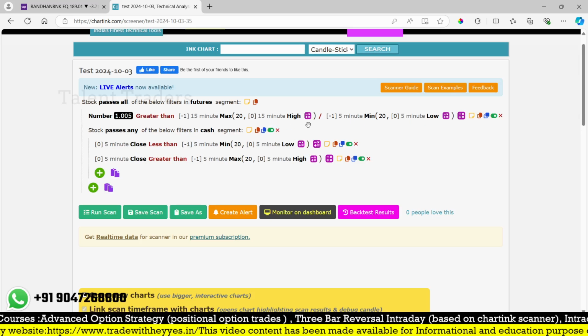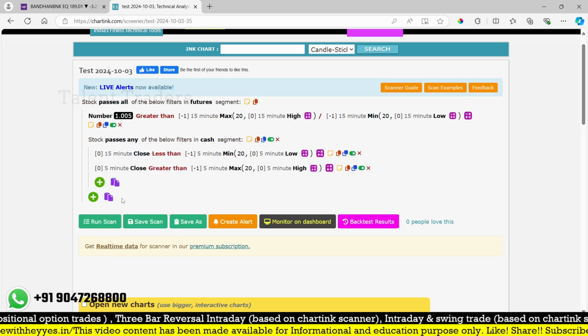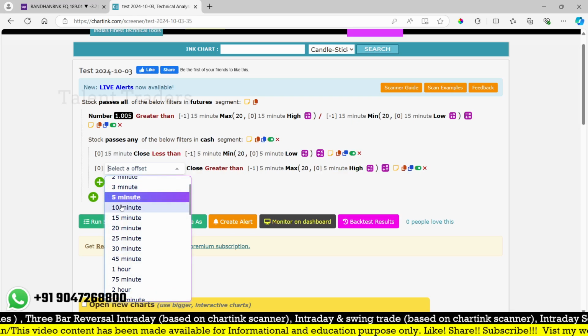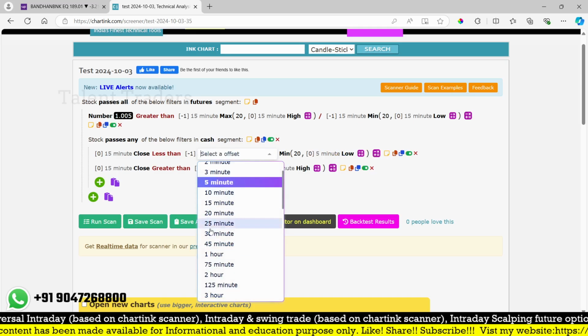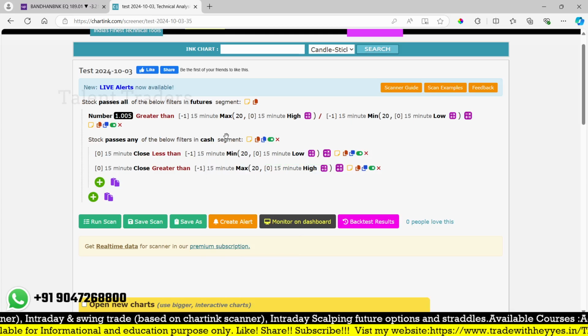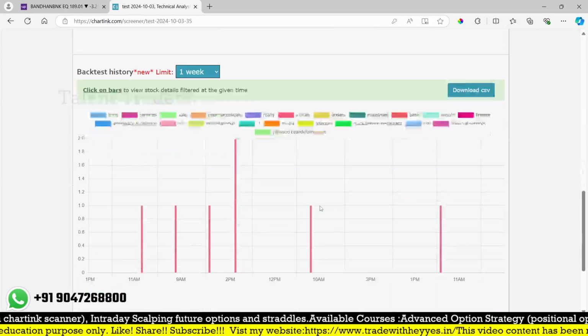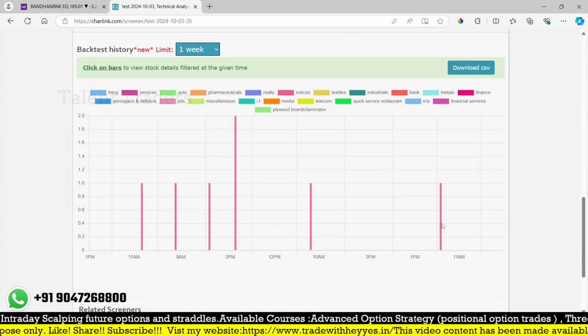So let me simply make it. Wherever 5 minutes is there, you need to change it to 15 minutes. Once you change the values into 15 minutes, then it would be automatically converted into the 15 minutes one. So automatically everything will change. And if you have 20 candles, maybe we can see very few stocks. And for today,